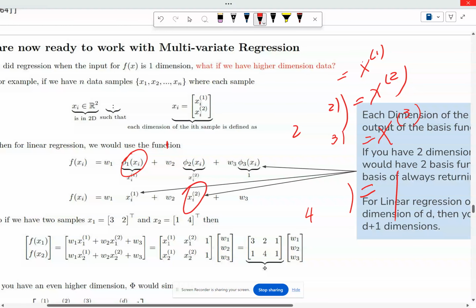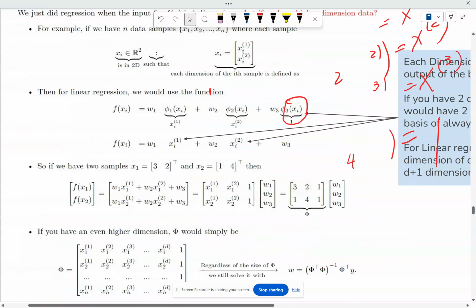The second will be the second. And then the final one will always just output 1. That's it. That is the rule. Let's look at